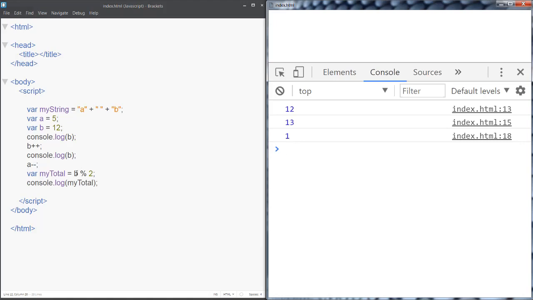So this is one of the uses that is commonly done for modulus, and this is how we determine if a row, for instance, that we're outputting is odd or even, and there's a number of other uses for this as well. So what I want you to do now is open up your editor and start adding in